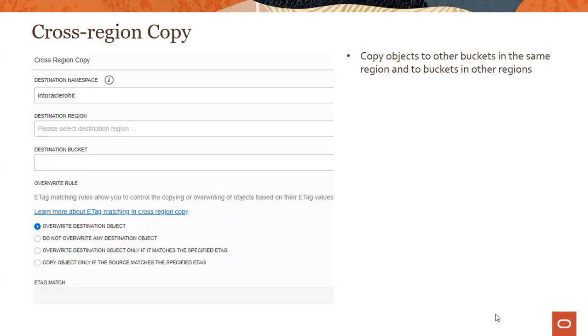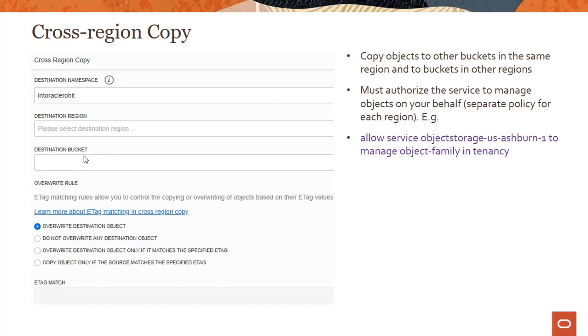Because object storage is a regional service, you have access within the region but not outside the region. So this feature lets you do that. Creating this is really straightforward. You provide, of course, the namespace, which is the unique identifier you have. You provide the destination region where you want to copy your objects. You have to provide a destination bucket, and then very important, one thing you have to keep in mind is